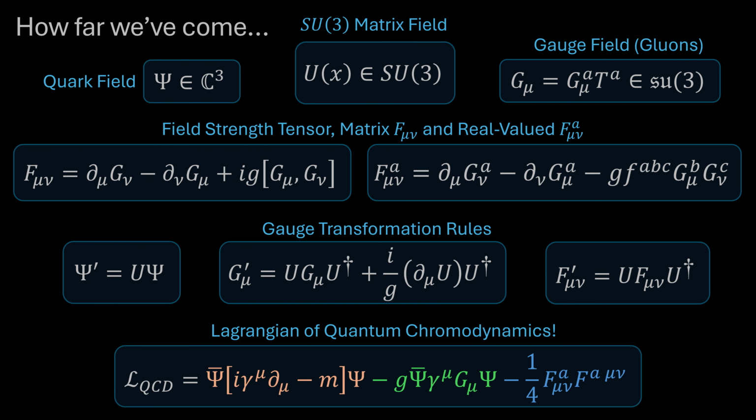Now, there is a little caveat that we'll get to in just a moment relating to the strong CP problem and the theta term in the Lagrangian. So we'll talk about that briefly in just a moment, but for now, the Lagrangian you see on your screen here, this is the famous Lagrangian of quantum chromodynamics. And really, the whole purpose of this video series is to show you why that equation is what it is. We started off with the magic bean of local SU(3) symmetry. I told you it was going to blossom into the strong force. And I hope that in this video series, I've laid out the argumentation of why that is actually the case, so that you can see, okay, yeah, the foundations of quantum chromodynamics can indeed be derived from local SU(3) symmetry.